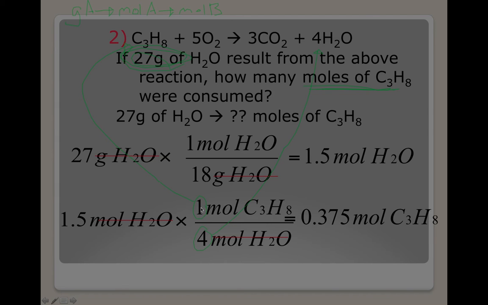Has to be that. So again, to review, first step, from grams of A to moles A, use the periodic table. Second step, moles of A to moles of B, use the coefficients from the chemical equation. Okay, that finishes this quick video on converting in 2 steps from grams of one chemical